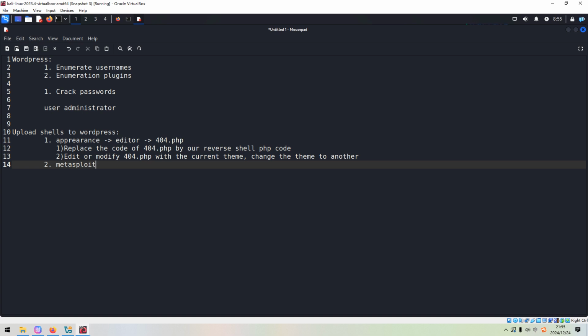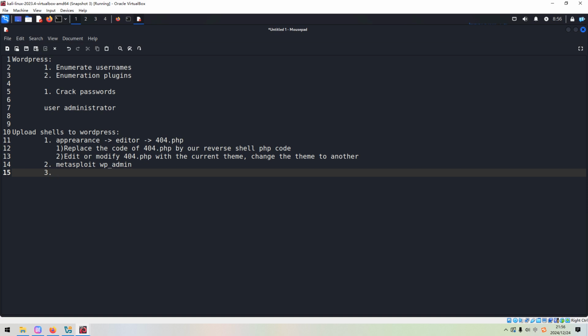We can launch the Metasploit console, and there is one module which can help us to upload the web shell, because Metasploit can do such things automatically. What you need to do is configure some options like local host, local port number, username, password, and so on.